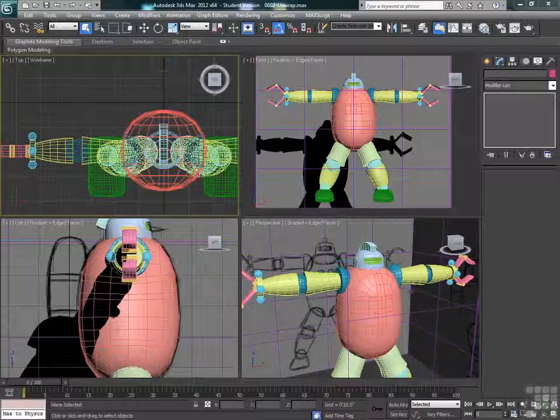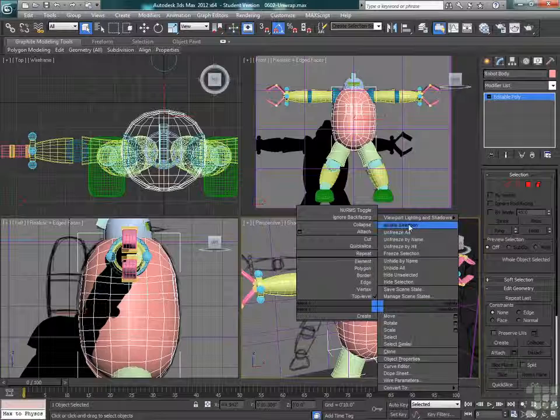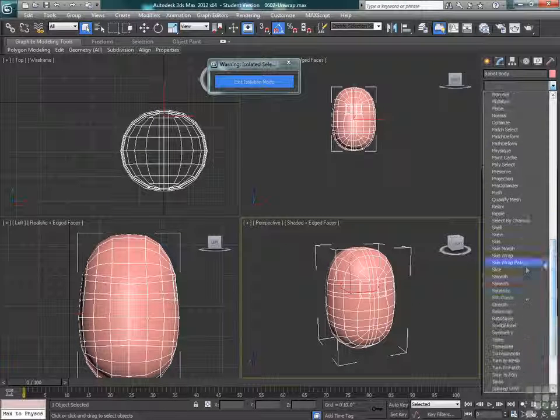Alright, this time we're going to talk about precise placement of materials using the Unwrap UVW modifier. So first of all, let's just select our robot's body, and we're going to isolate the selection. That way we don't have all kinds of other stuff cluttering up the screen while we're trying to paint on this guy. Alright, so we're going to go to the modifier list, and we're going to apply the Unwrap UVW